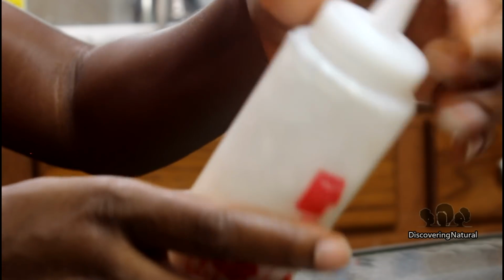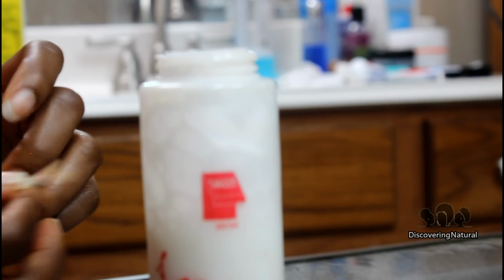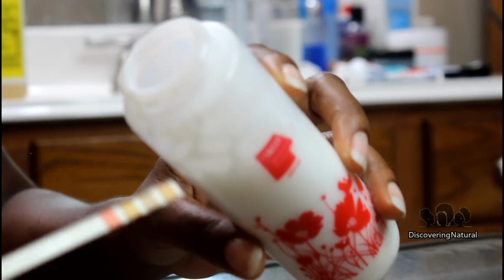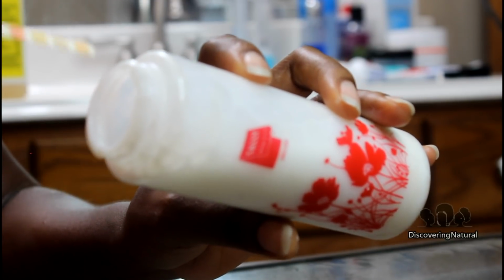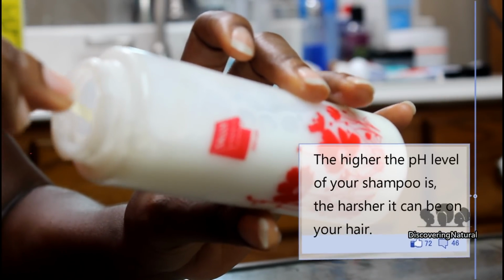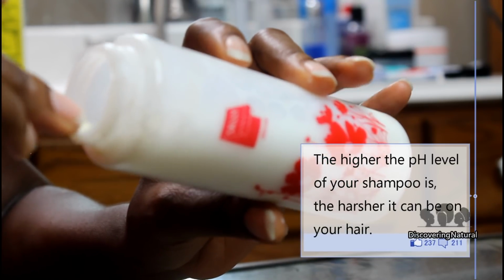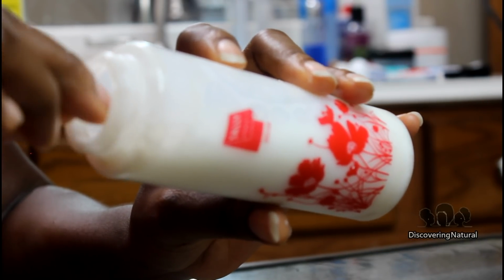The last thing that you do want to do is test it. So I'm going to take my testing strip, and you want to make sure the test shows a pH of between 4 to 6. You can be okay with a pH between 5 to 7. Just know that we want the pH to be a little bit acidic. Yes, I know that's strange, but we do want that because this is a moisturizing shampoo, it's not a super clarifying shampoo. So the lower the pH, the less harsh it is. This is a gentle shampoo, so it's not very harsh on your hair,